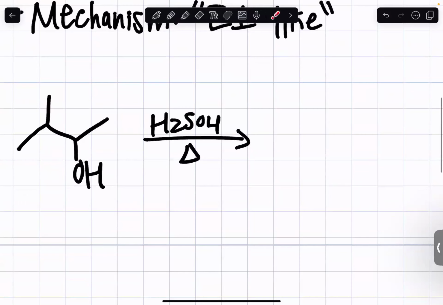Okay, so you notice how we have a strong acid here, H2SO4. That strong acid is going to look for the most basic atom, which is going to be this oxygen right here of the alcohol, right? That oxygen there with the alcohol has two lone pairs of electrons, which can,